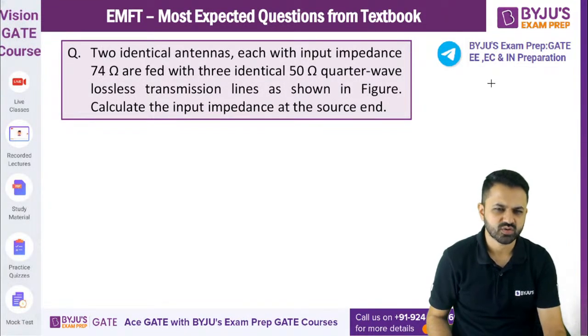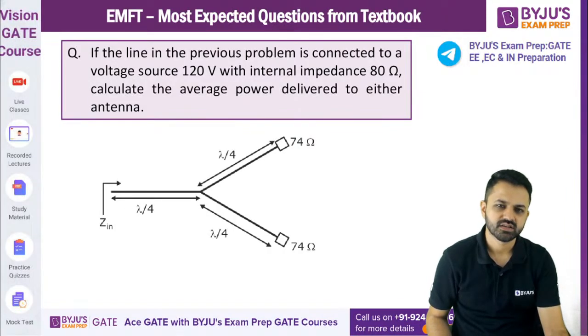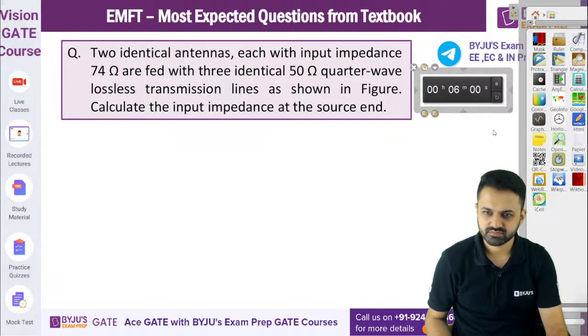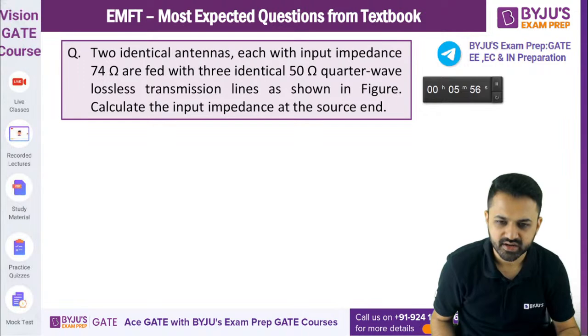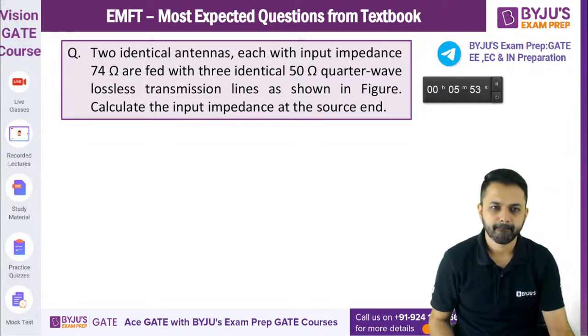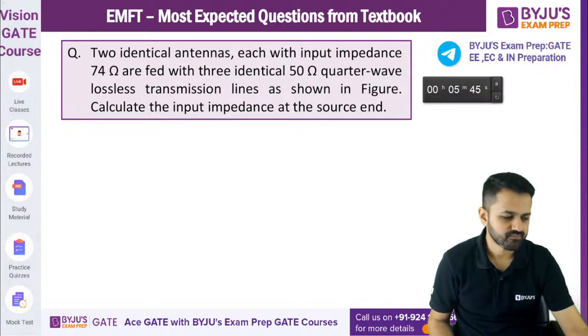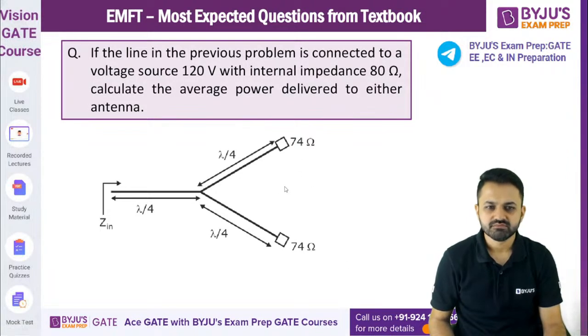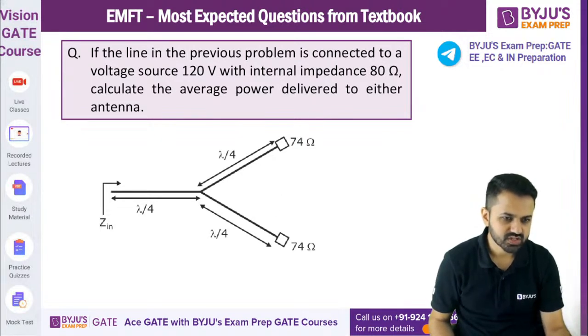दिस इज अवर नेक्स्ट क्वेश्चन। Two identical antenna question, डायग्राम नहीं बनाया है इसने। ओके, इसने डायग्राम नहीं बनाया है। चलो मैं आपको डायग्राम दे रहा हूँ। 1 मिनट एक्स्ट्रा मैंने डायग्राम के लिए रखा है। डायग्राम एक बार मैं चेक कर लेता हूँ क्या डायग्राम है। डायग्राम क्वेश्चन क्या था अपना? Two identical antennas, 74 ohm are found. Yes. So डायग्राम एक्चुअली दोनों क्वेश्चन का सेम है। यही डायग्राम है। इसका मैं स्क्रीनशॉट ले सकता हूँ।